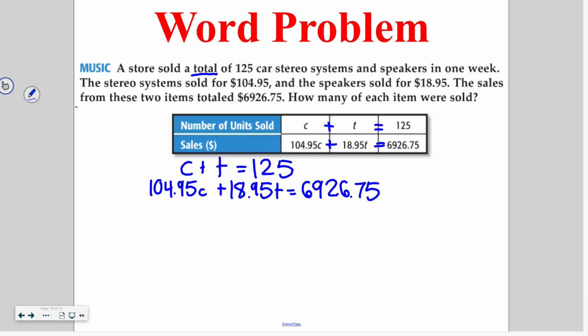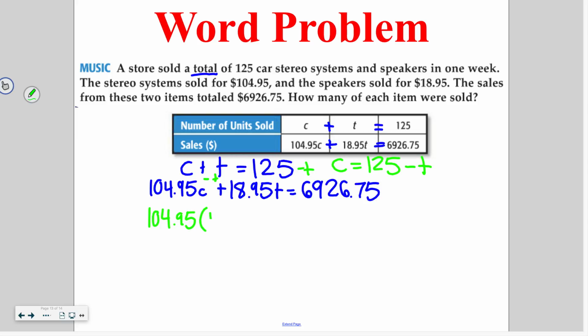So we need to pick one of our variables to get by itself. Since both of our variables can easily be isolated, it doesn't really matter which one you do. I'm going to solve for c by subtracting t from both sides to get c is equal to 125 minus t. So I'm going to go ahead and plug that in to my equation down below and get